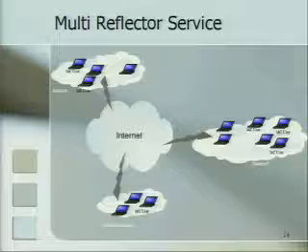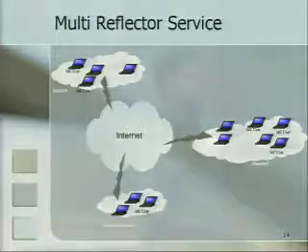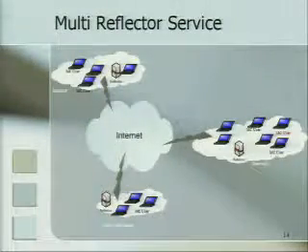So let's say these are the set of users that are currently interested in a particular stream. So for the multi-reflector service, we put 3 computers or 3 services, one on each of these islands. Once one of the users multicasts something, it gets to one of the reflectors, which will send it to the other 2 reflectors through application layer multicast, or basically IP unicast, not IP multicast, and then those reflectors will send it on their island.